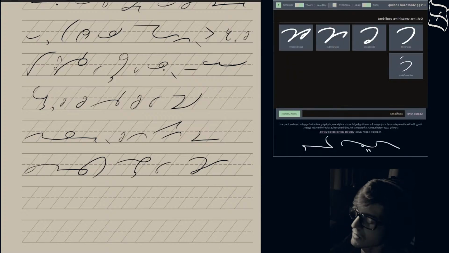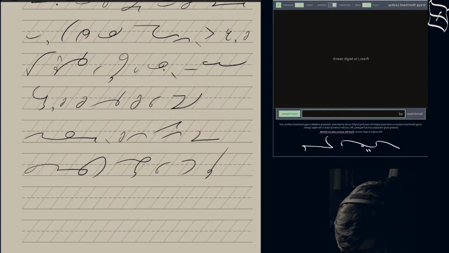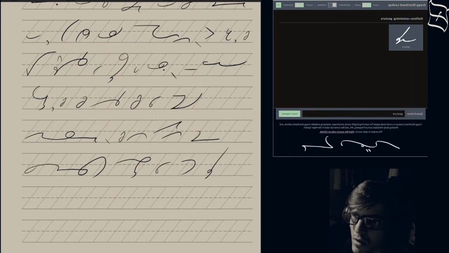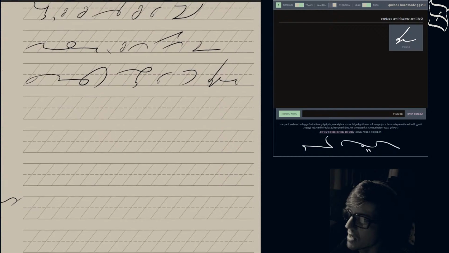Oh, just F. There we go. With confident gestures. And gesture, let's see what gesture is. So it needs the full name. Gesture. With confident gestures, or drop a casual.